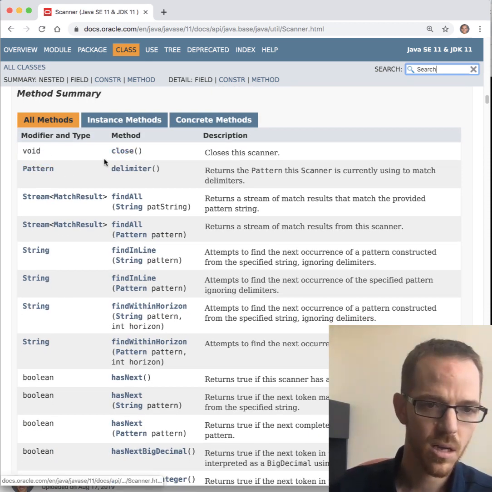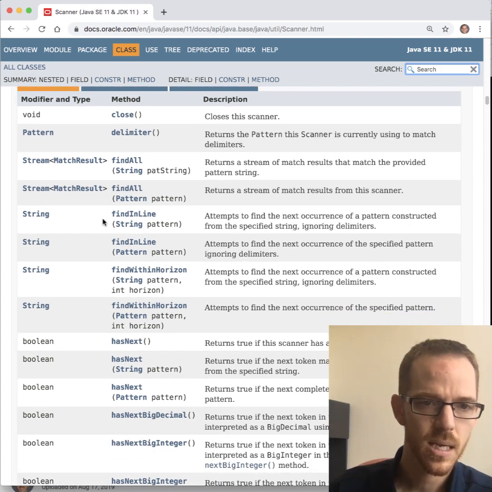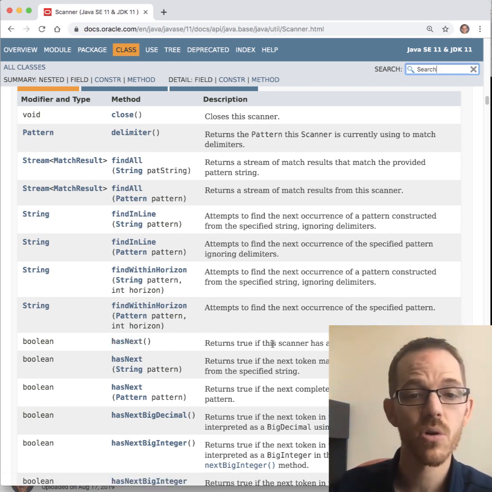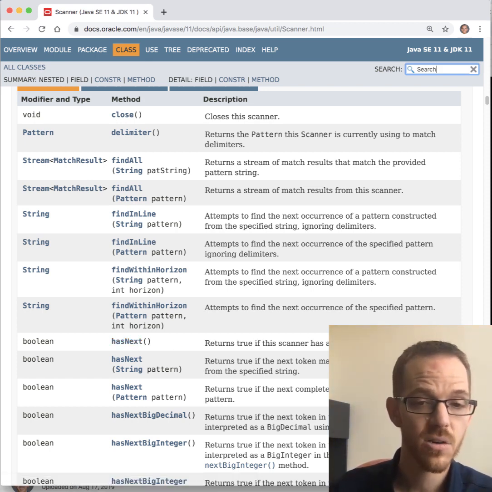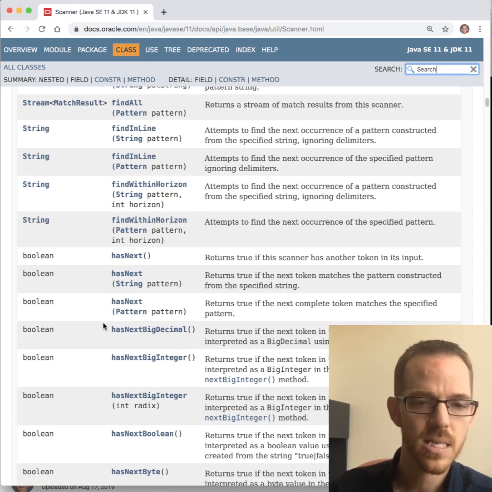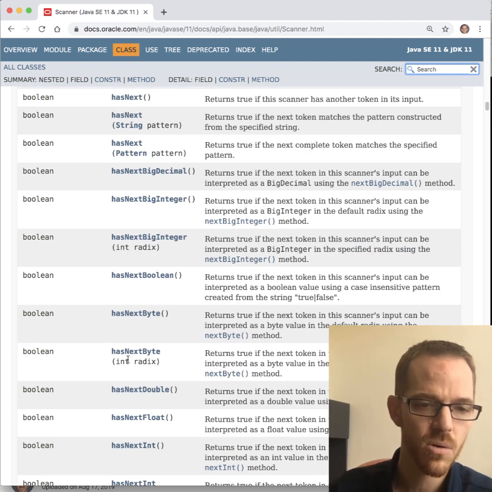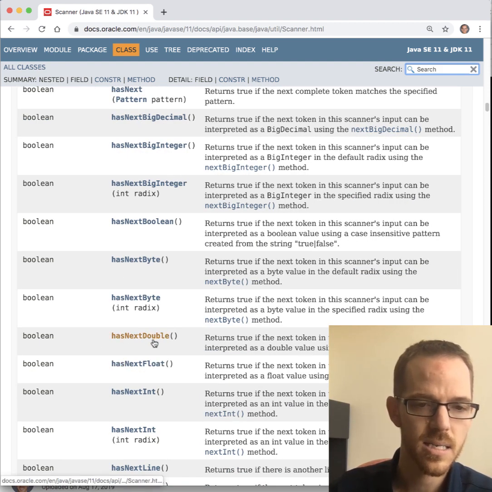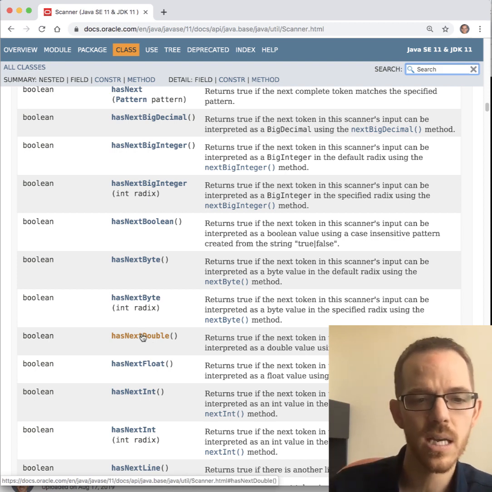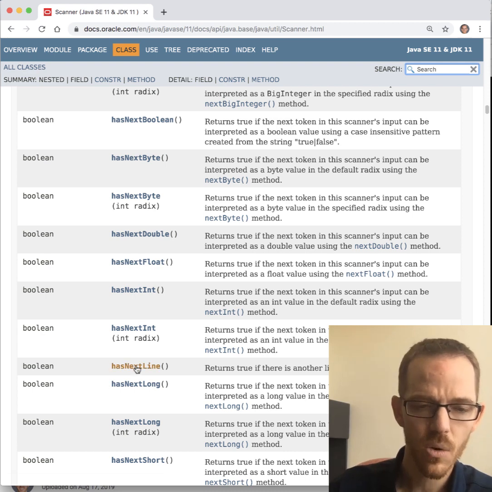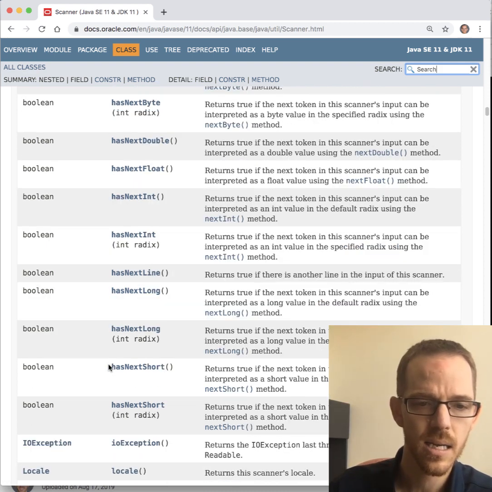Now look at all these methods here. We can specify what the delimiter is. We can call hasNext, which returns true if the Scanner has another token in its input. We'll talk a little more about that. We can ask whether the next thing it's ready to read is a Boolean value, a double, an int, or a line.